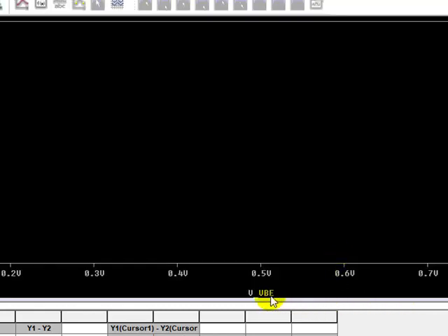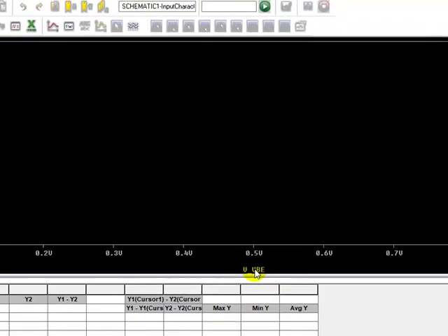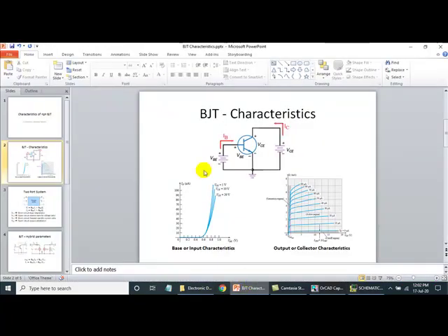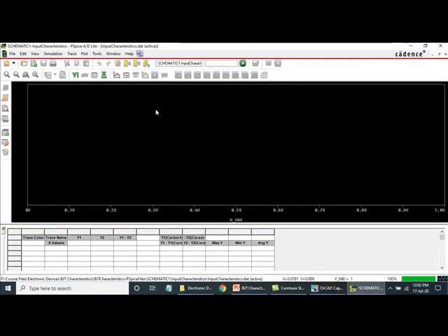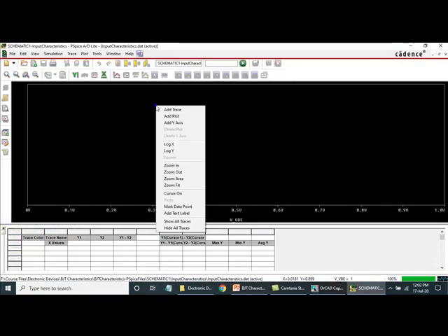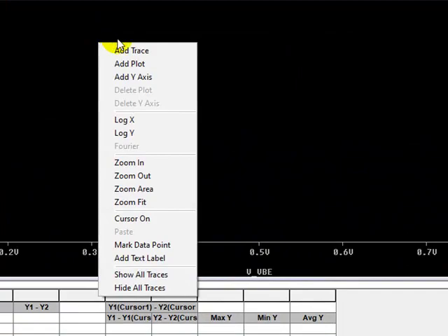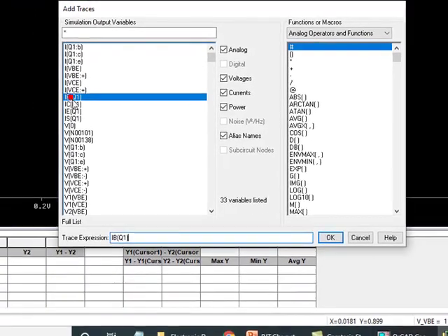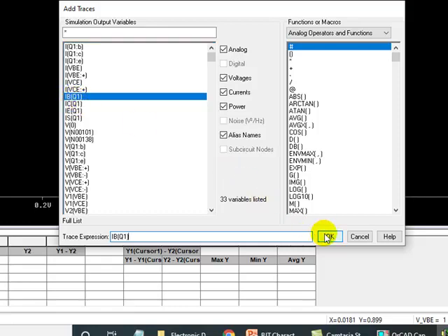If you can observe here, the x-axis is voltage VBE, so that is swept from 0 to 1 volt as required. For the y-axis we have to select what we want to plot. If you see the sample graph, the y-axis is base current. So to plot the base current, you can right click on the graph and click on add trace, and please select IB of Q1. IB of Q1, click on OK, then the graphs will appear.